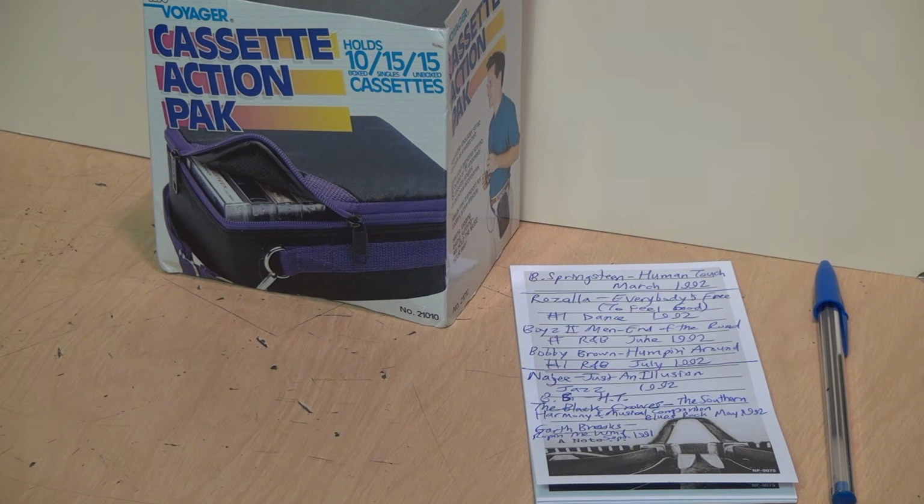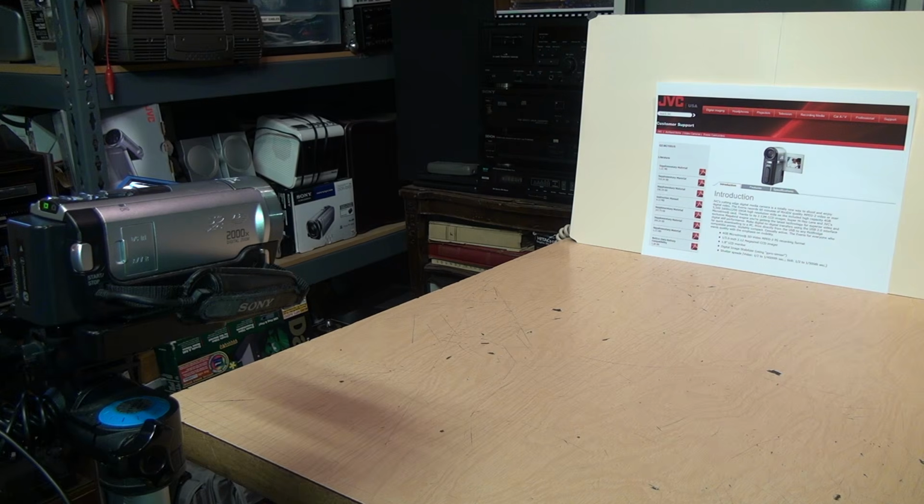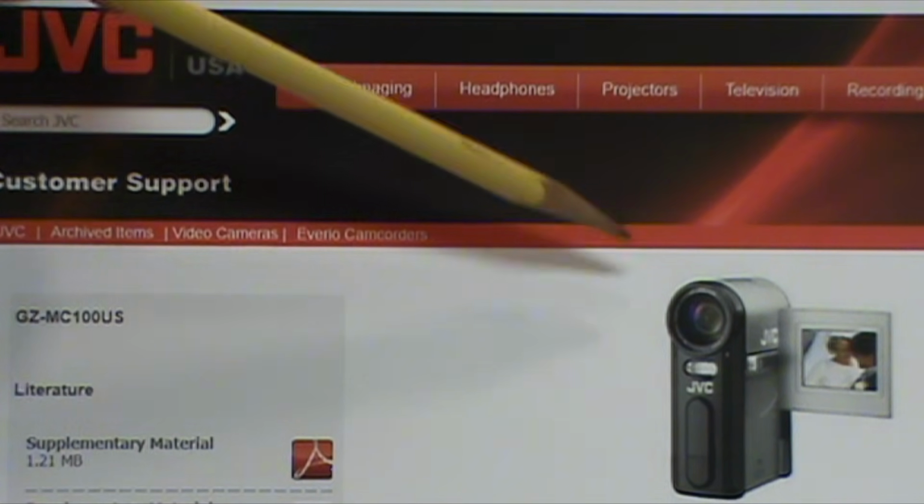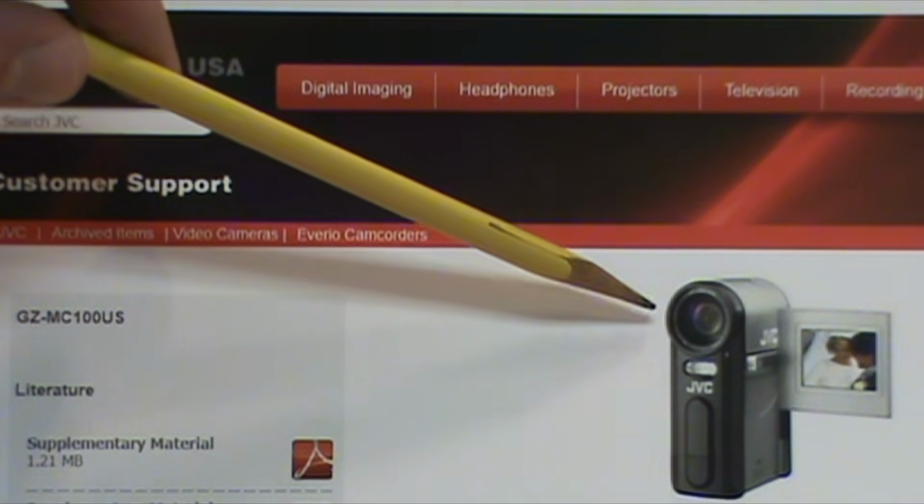And here's where I took down some notes to allow me to rattle off a list of albums and singles and release dates without needing to memorize it. I don't think I'll be incorporating any material from the internet in this video, but if I need to, I do it the old-fashioned way. I print it out and aim the camera at it. And if I need to point out something, I use my trusty pencil.